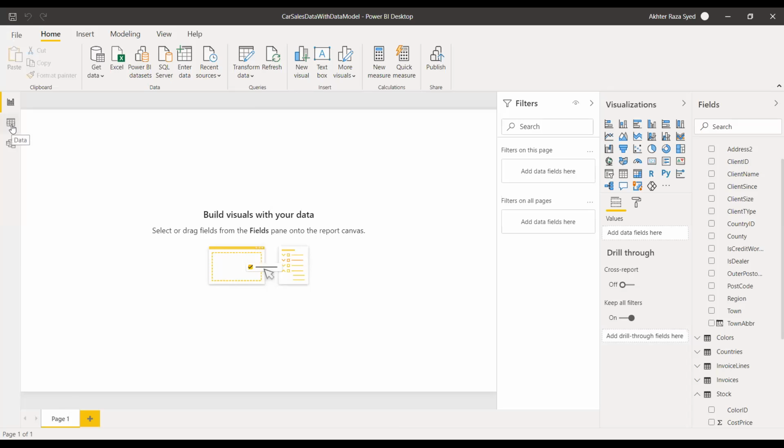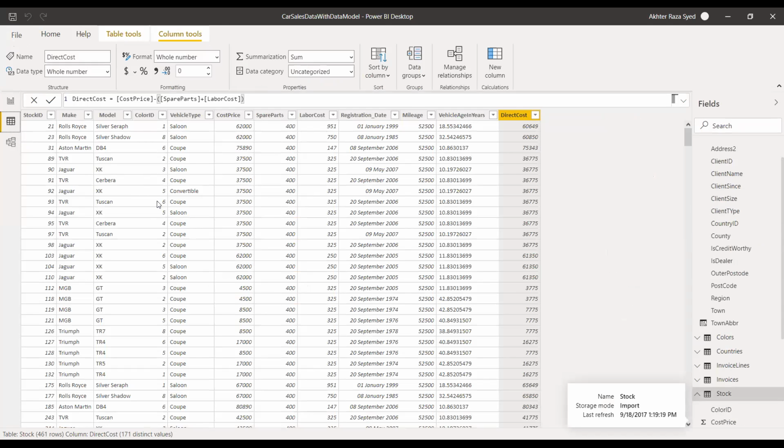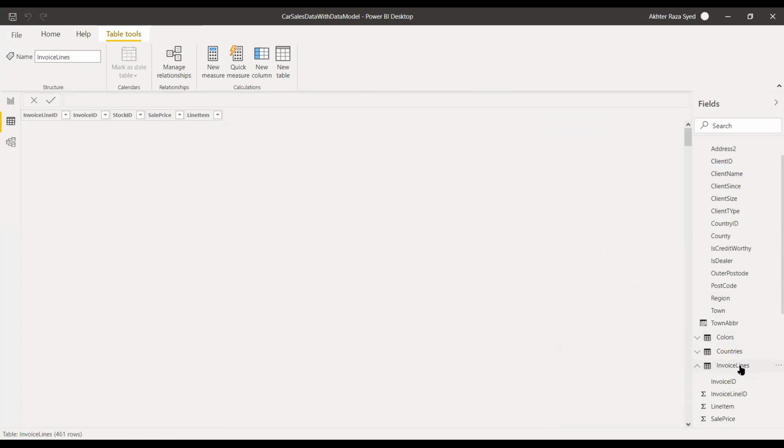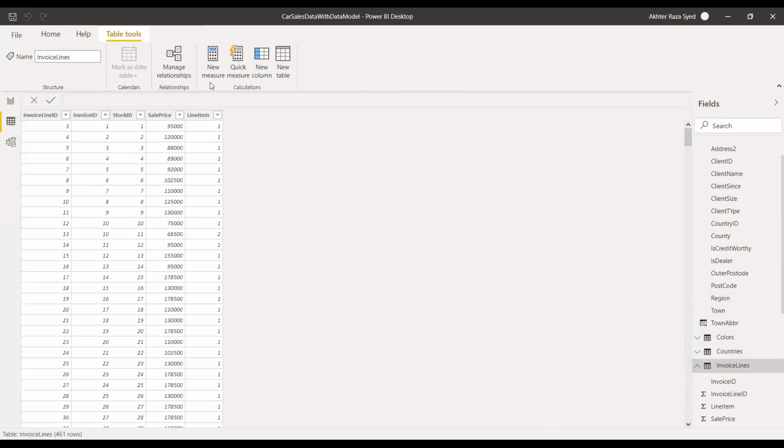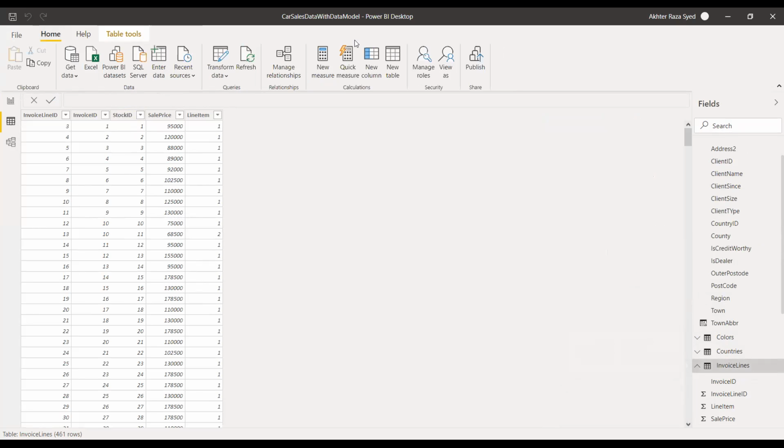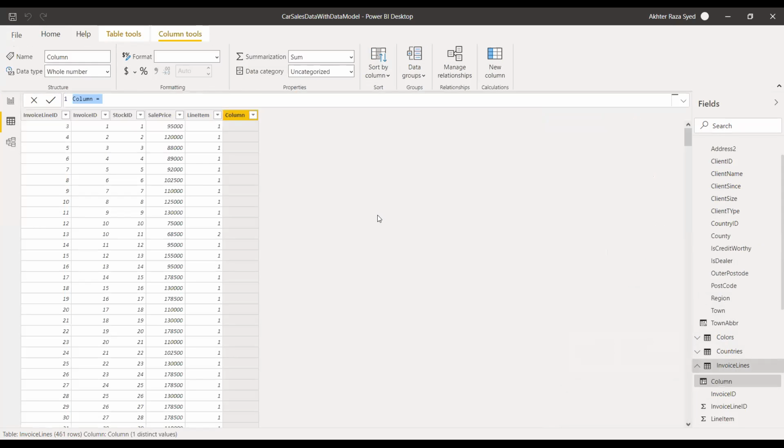Now click the data view and invoice line table. This is the invoice line table. The data of the invoice line table is represented here. And then we have to click on the home ribbon and add new column. In this new column, we have to use the square bracket. From the square bracket, the sale price